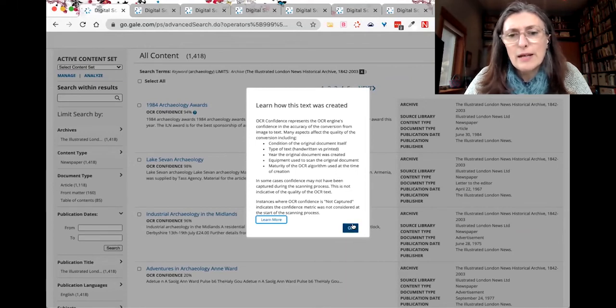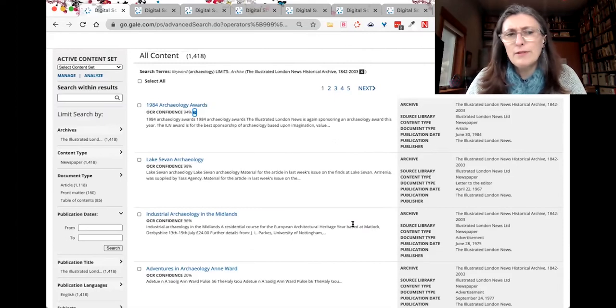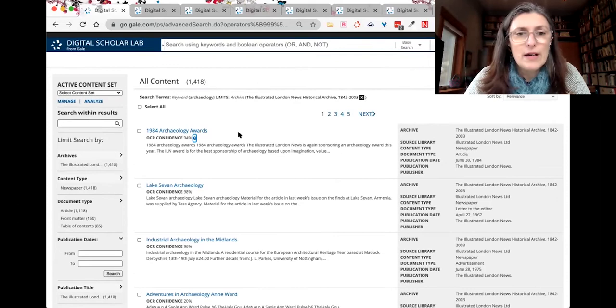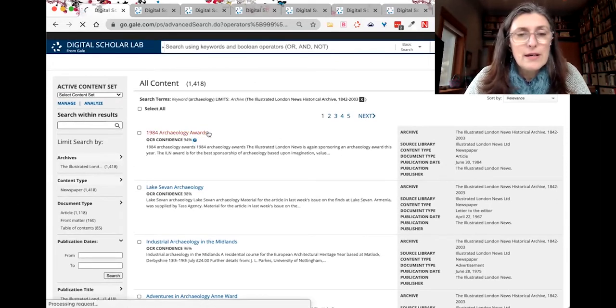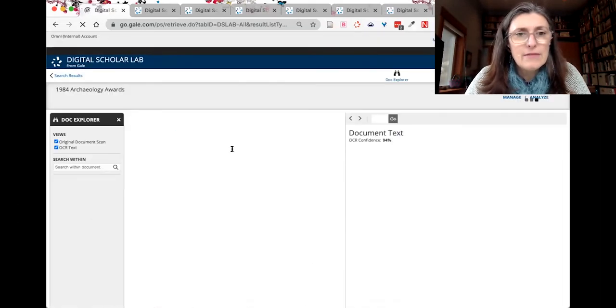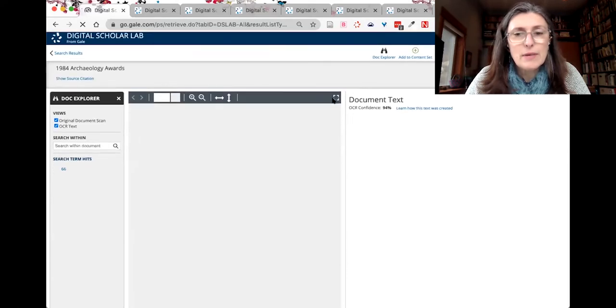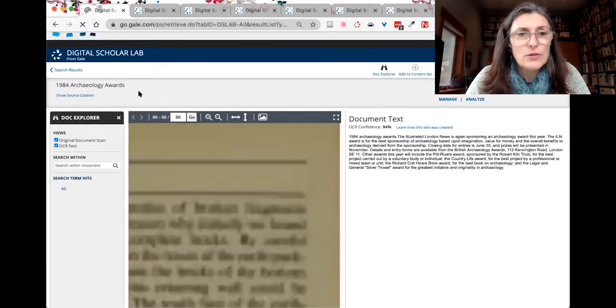And I'm always mindful of a number of factors that influence OCR confidence, including documents which are image heavy. They may be scanned from older microforms, microfiches, or they may have been scanned with an older version of ABBYY. So I tend to use OCR confidence more as a guideline for curation than a definitive way of searching through my results. But you can click into the individual documents and you get a side-by-side view of the primary source